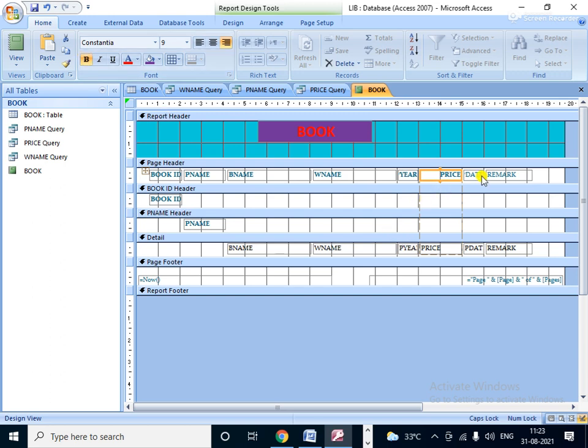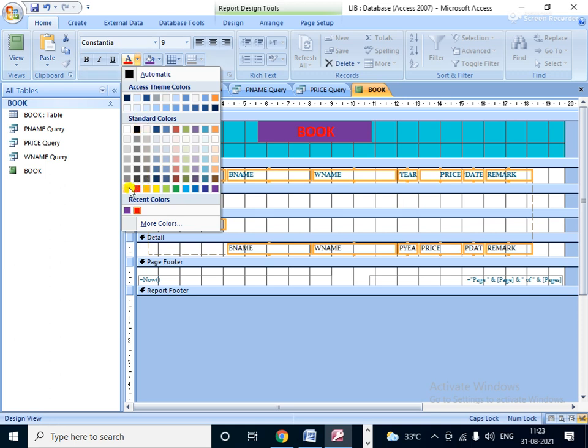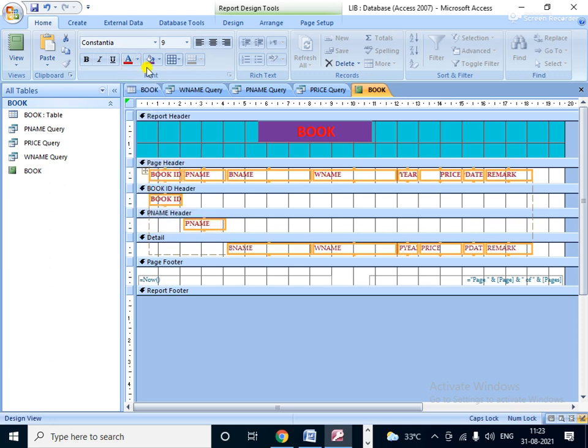Select as per your choice like this. For example, here are the colors. You select the color, and then select the whole thing together. See, here the dot is there. Here are the colors. You choose the color as you like.